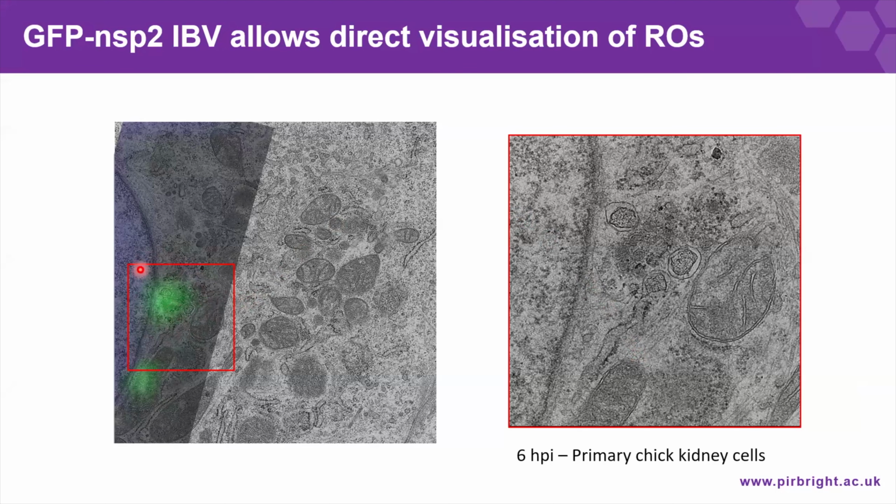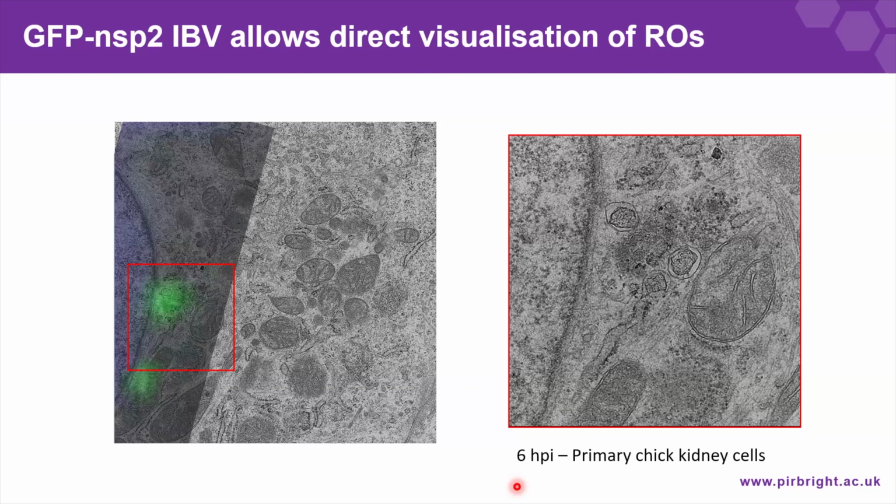So we can see here that this region of GFP NSP2 is associated with a small patch of double membrane vesicles, which you can see here, and this bit in the middle contains some spherules and zippered ER. This also actually was really pleasing because it's the earliest time point post-infection that we've been able to detect replication organelles for IBV. So using this newly developed tool,